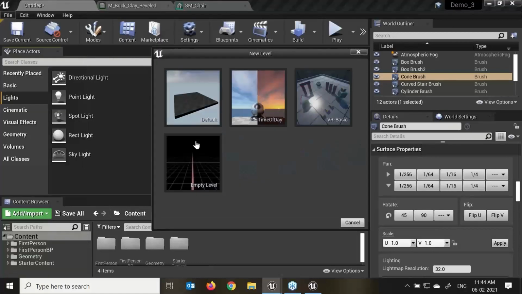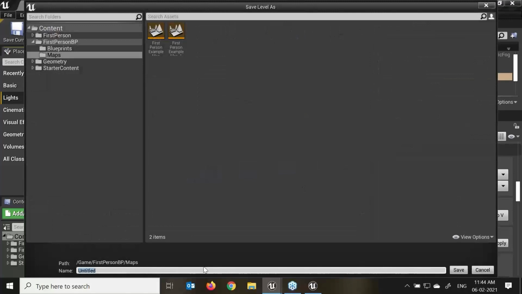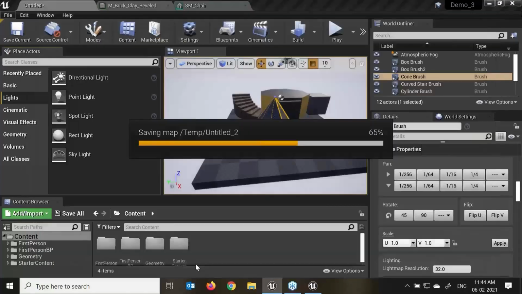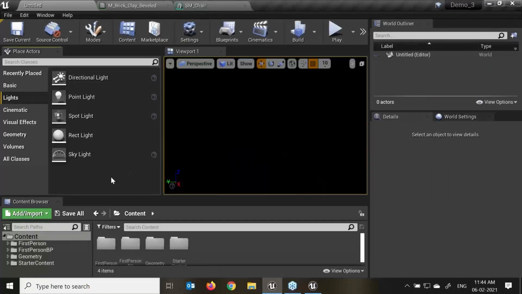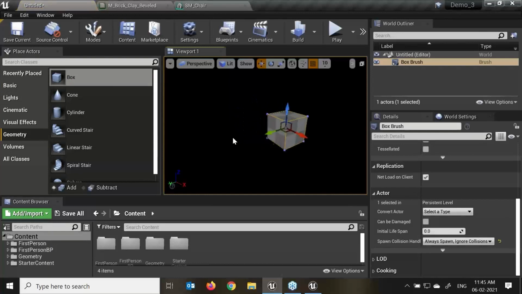So first of all, I'll create my empty level over here. Level underscore 2, if I give this name. And I'll just drag in my geometry and create one cube.